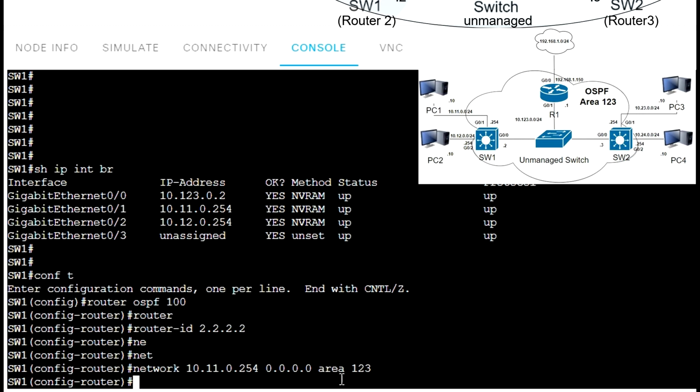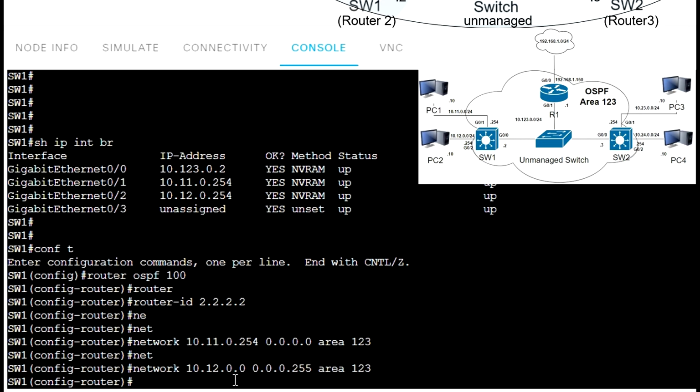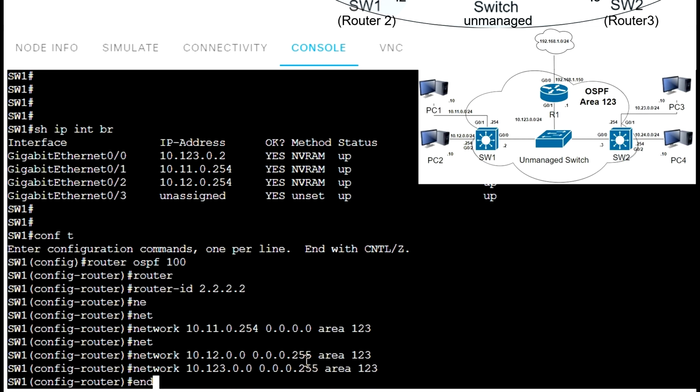area 123. Next one I'm going to do for network 10.12.0.0 with wildcard 0.0.0.255, area 123. So this command will enable OSPF on the interfaces, IP addresses of which are in the range of this subnet. The same you can extend, let's say, to enable on all interfaces. So we're going to put all zeros here and all 255s here. And the last one, area 123. Okay, show IP